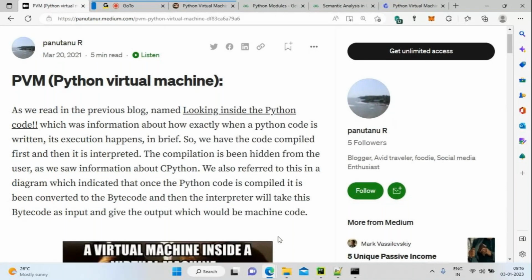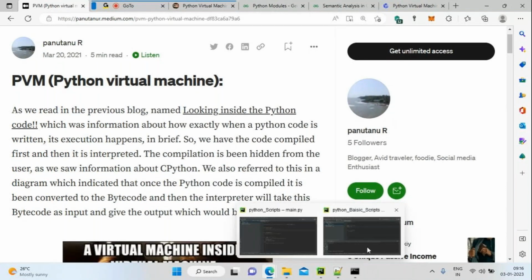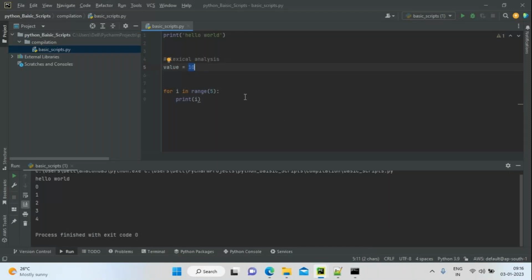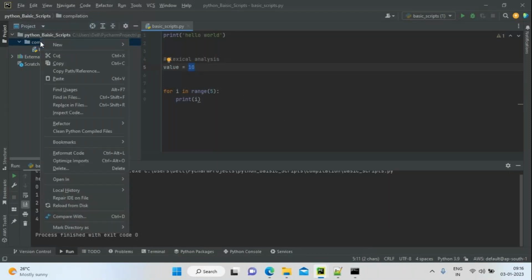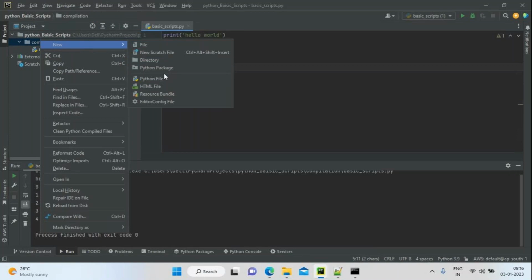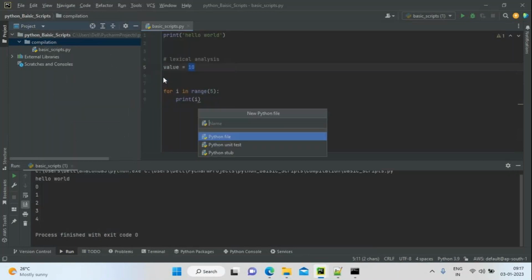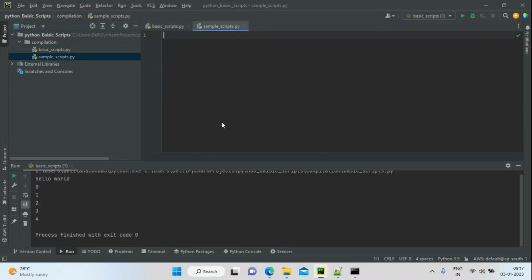Now, I'm going to discuss a few things. Whenever you start a Python program, if you want to check all the keywords, what are the keywords available in Python? First, create your file. I'm going to keep sample scripts. Create a py file.